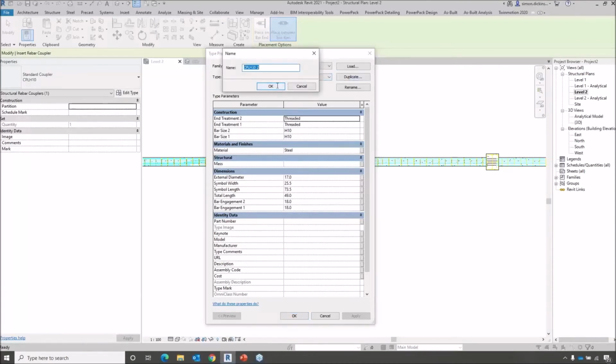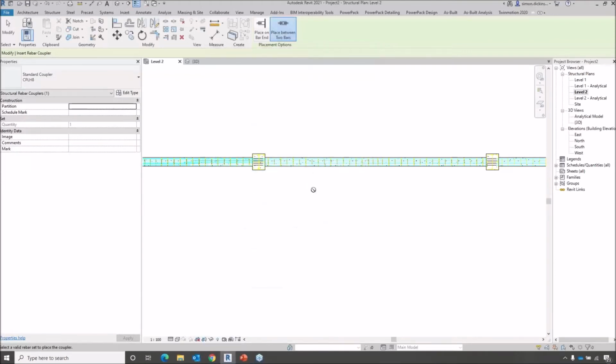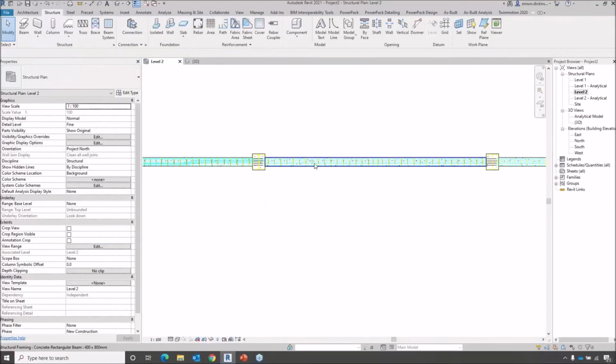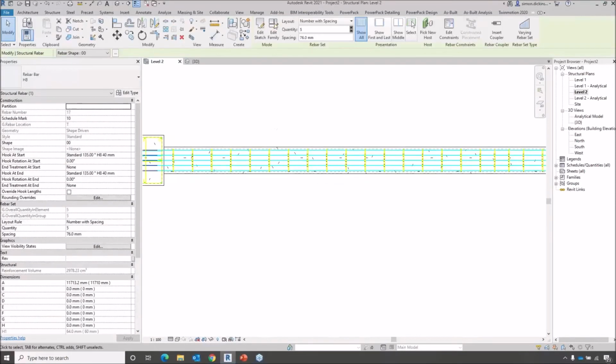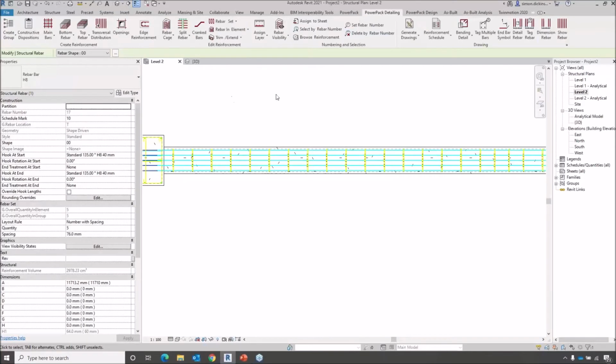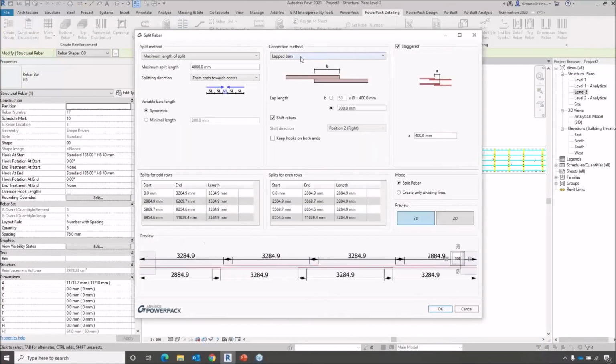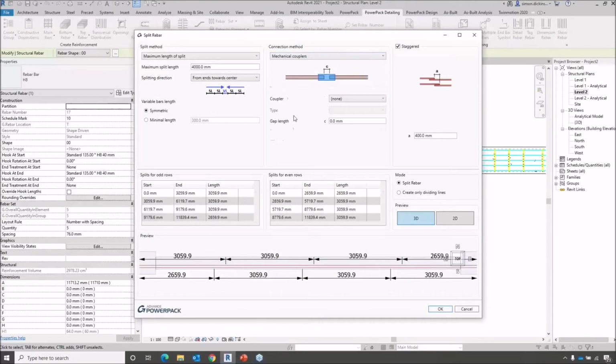So if we just come into here, let's just duplicate that, set it up as an 8, and then just make sure that that's going to apply to the H8. Okay, I can now come in, we'll select that, do the PowerPack detailing, split, lap, and we're going to use the mechanical couplings, and we're just going to use a standard